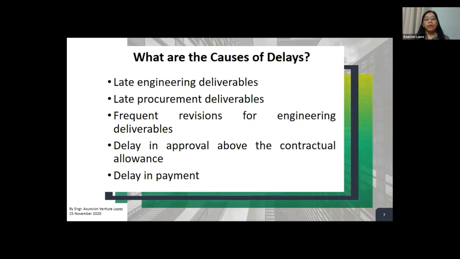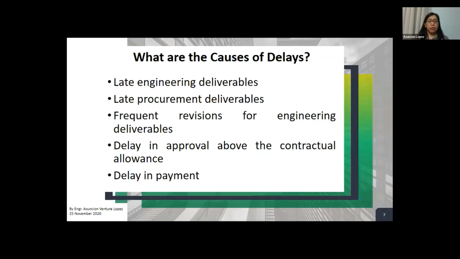Next, late engineering deliverables. It's very common when the type of contract is a traditional form, meaning the contract was awarded and all the design has to be done by the employer or the client's in-house designer or appointed consultant, as long as the design is within the responsibility of the client or the employer.